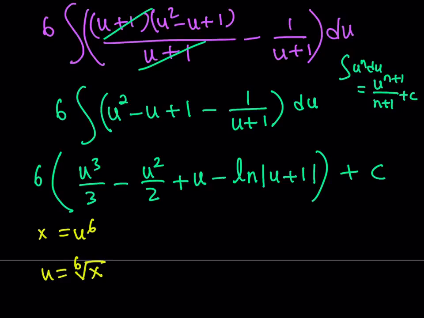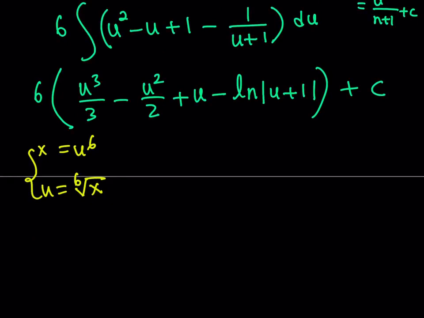Okay. Now, what am I going to do with this? I'm just going to replace the expressions with this stuff. So what is u cubed? Now, you can look at it two different ways. You can go ahead and cube this and get the answer from there, or you can just go ahead and take the square root of both sides here, and then you'll get the answer as well. So u cubed over 3, to keep a long story short, is going to be the square root of x,